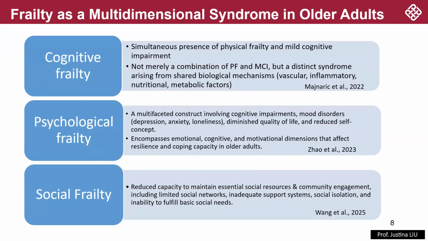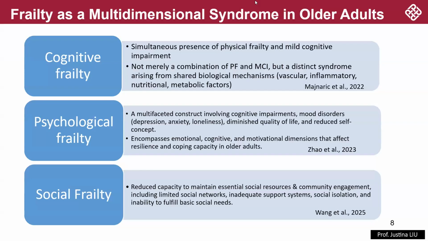Importantly, it is not merely a combination of physical frailty and mild cognitive impairment occurring together by chance. Actually, it is a distinct syndrome arising from shared biological mechanisms, such as vascular, inflammatory, nutritional, or